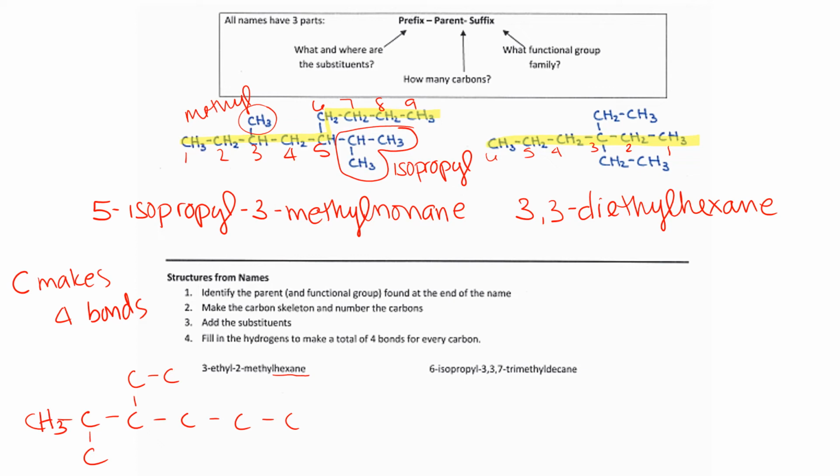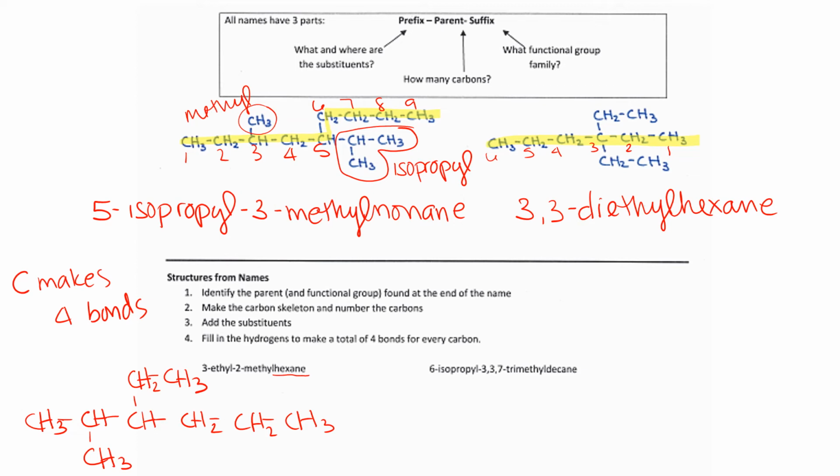Going down the middle, the second carbon is making 3 bonds, so it gets 1 hydrogen. The third, same deal, 1 hydrogen, and then the next 2 each need 2 hydrogens, and on the end it's CH3. I also have to fill in the hydrogens on my substituents. So this carbon is making 2 bonds, so it needs a CH2 and then CH3, and my methyl is